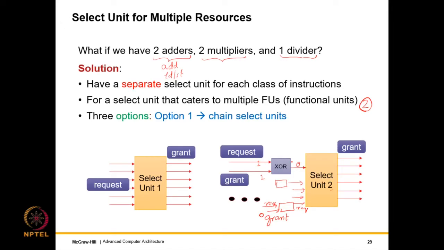The disadvantage of this method is that the time that is required is double, right? So it requires twice the time, so it is slow. The signal has to pretty much pass through the first select unit and then pass through the second select unit. So it's roughly 2 times the latency, which is not optimal, right? Which is clearly not what we wanted. So we need to search for a more efficient method.